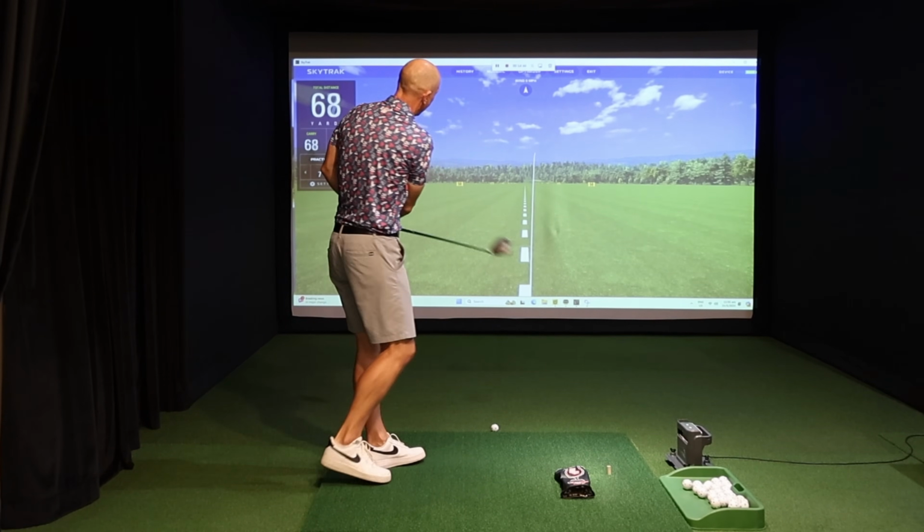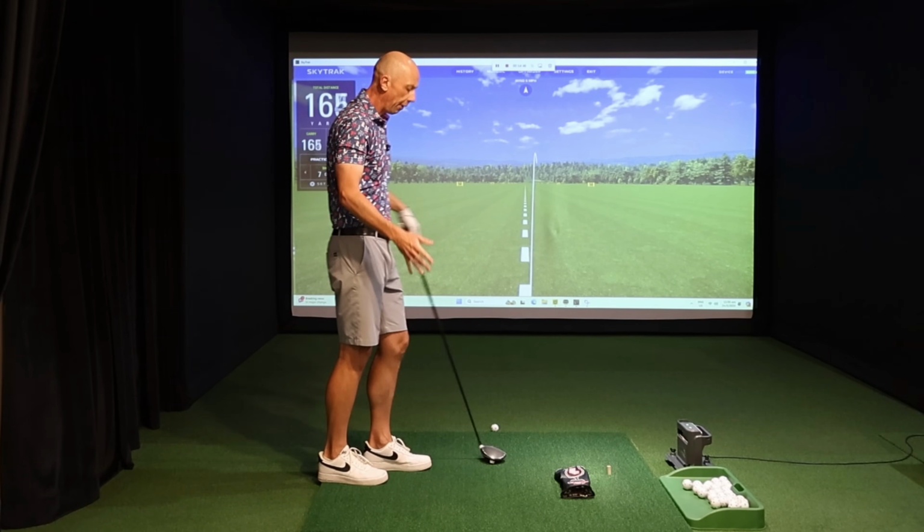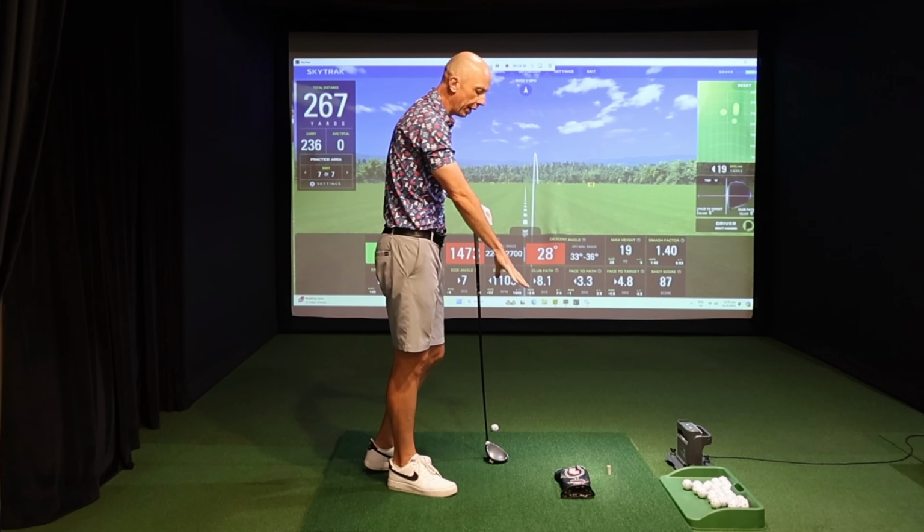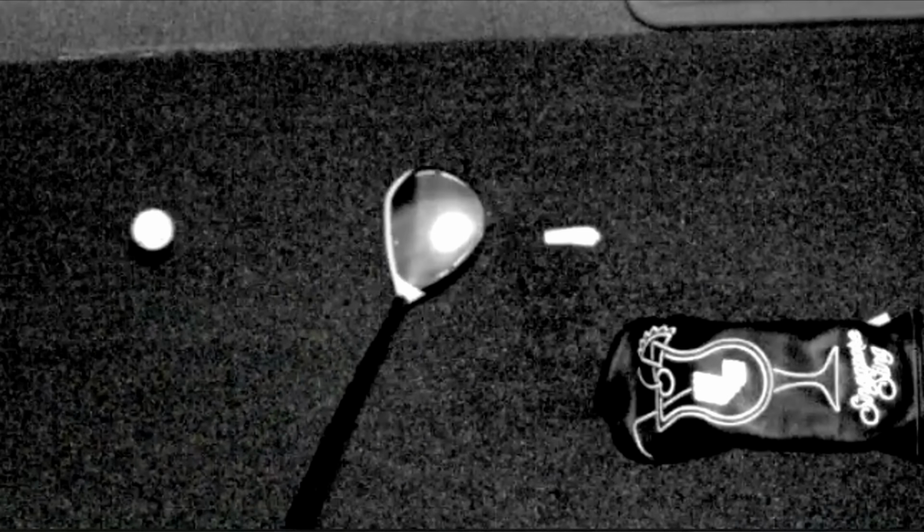Hit that one pretty solid. It's a nice straight ball. Felt slightly different. I had to change my swing a little bit there from the norm just to avoid the head cover. So it's a good exercise. It's a very simple exercise, but it's a very beneficial one if you're trying to improve the location of strike